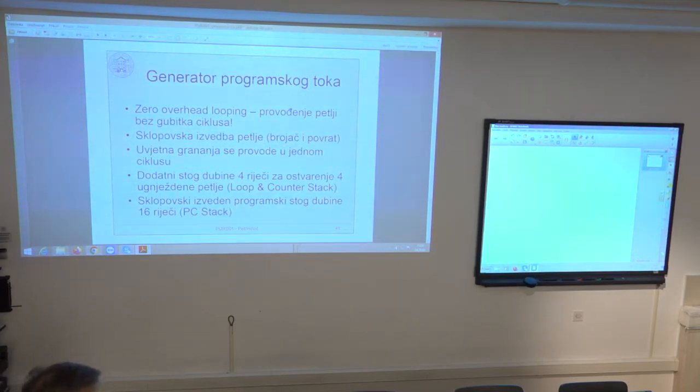It has special loop counter implemented in one of the registers of this program control architecture. And it also has the return address. So what is the top address of the loop? Once you reach the end, the last instruction in the loop, you have to go back to the address of the first instruction of the loop. This address is also written in some register. So you don't have to